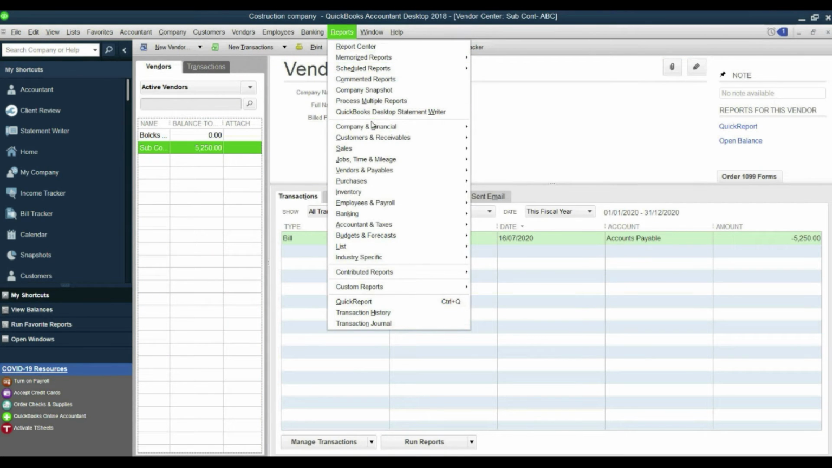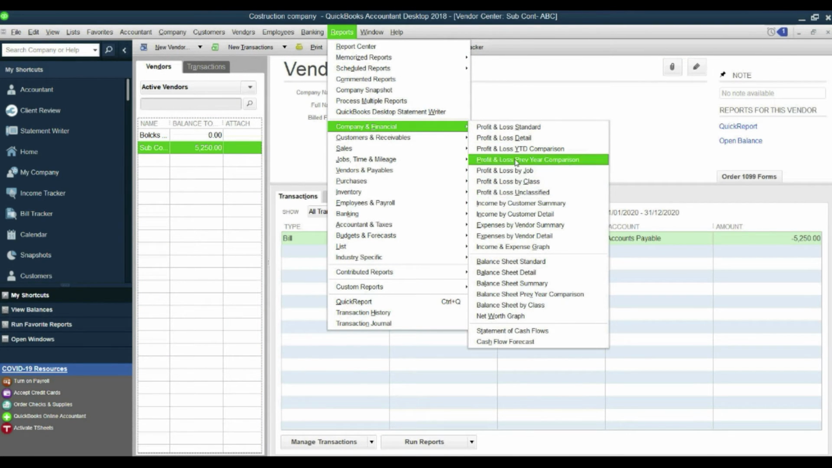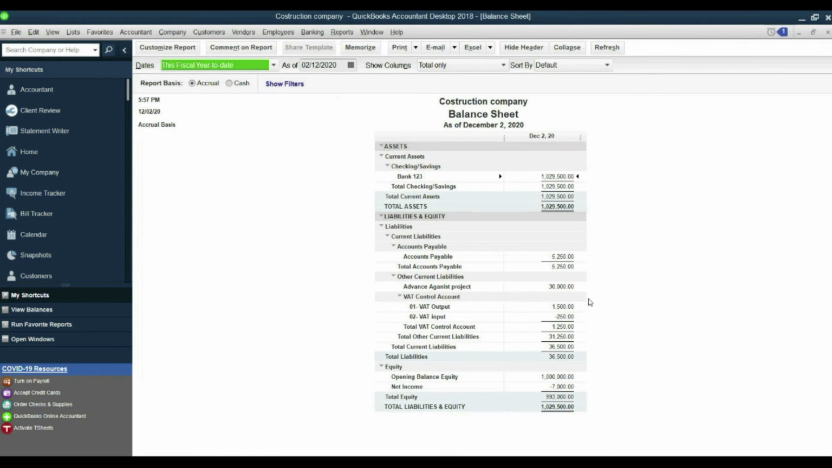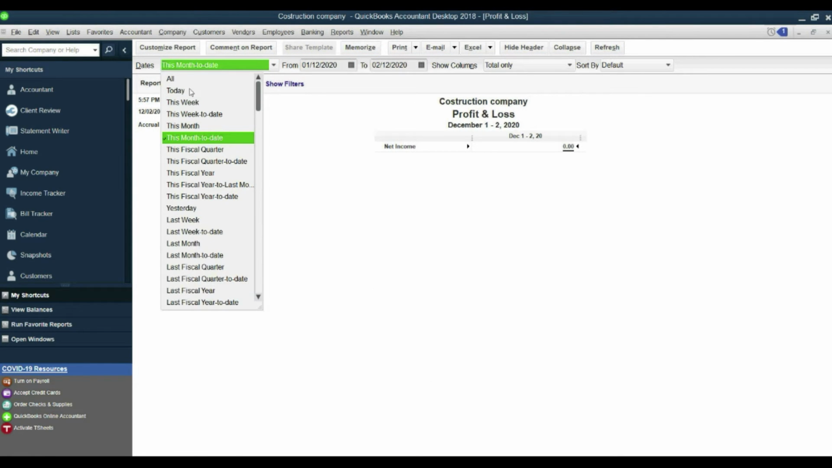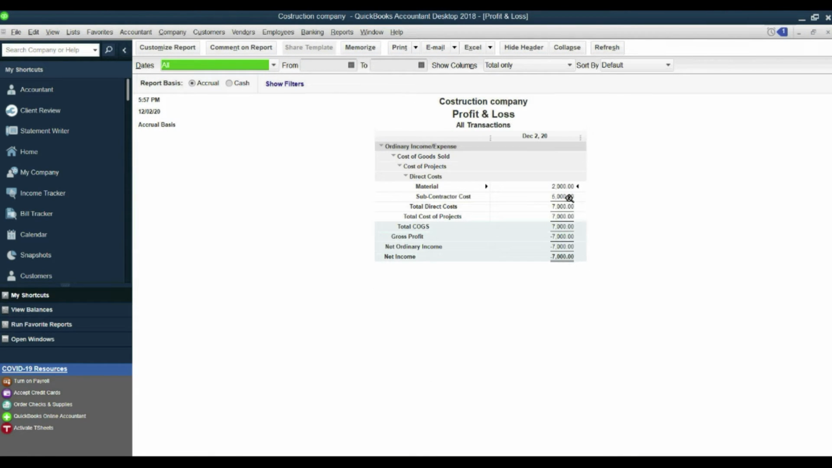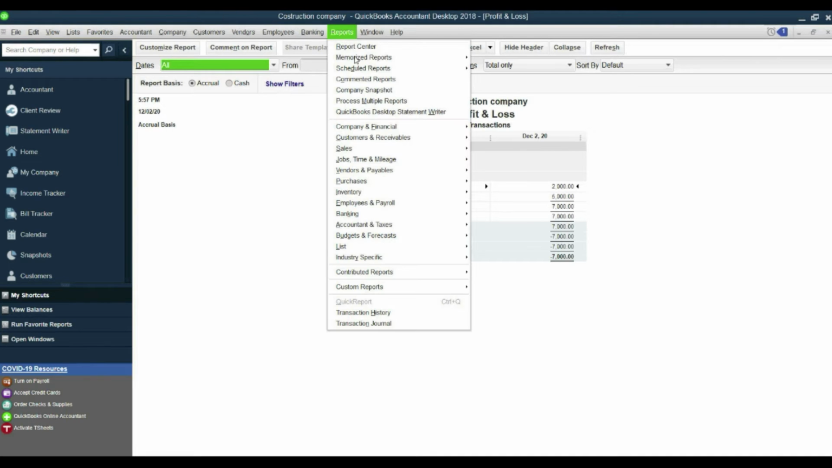Now if you go to Reports, Company Financial, Balance Sheet, in the accounts payable, you can see that you have 5,250. You are supposed to pay that person. And if you go to Reports, Company Financial, P&L, you have 5,000 charged as subcontractor cost. Now please keep in mind 5,250 will not be your cost, because 250 is your liability